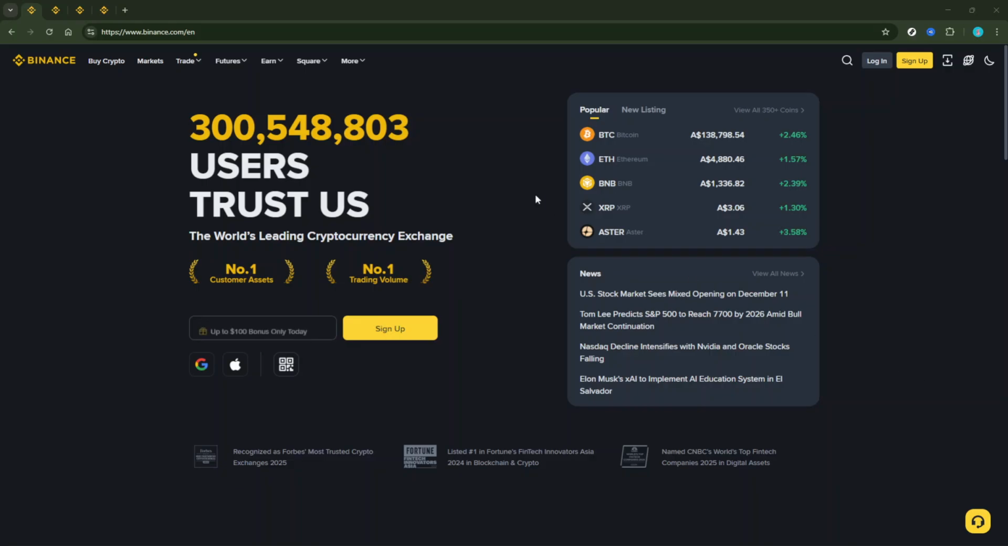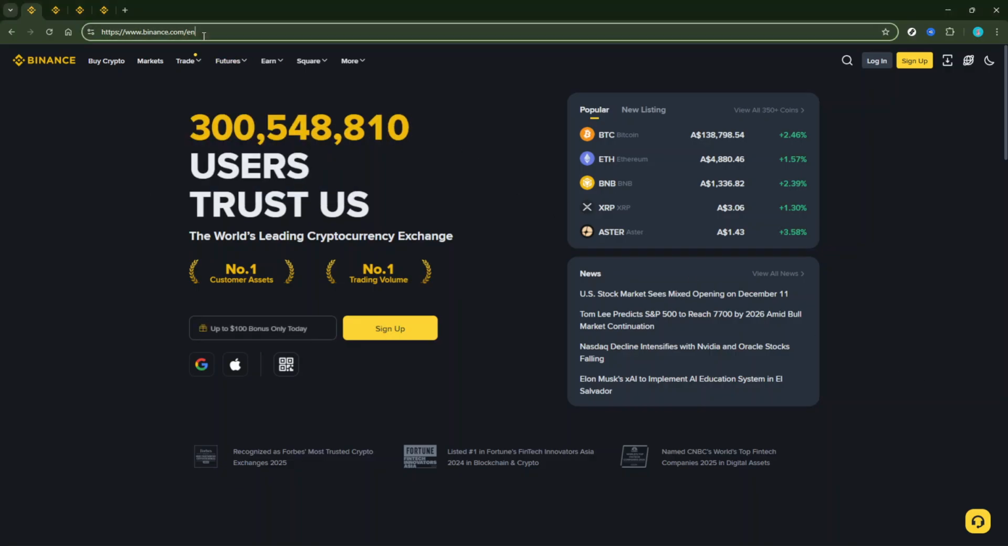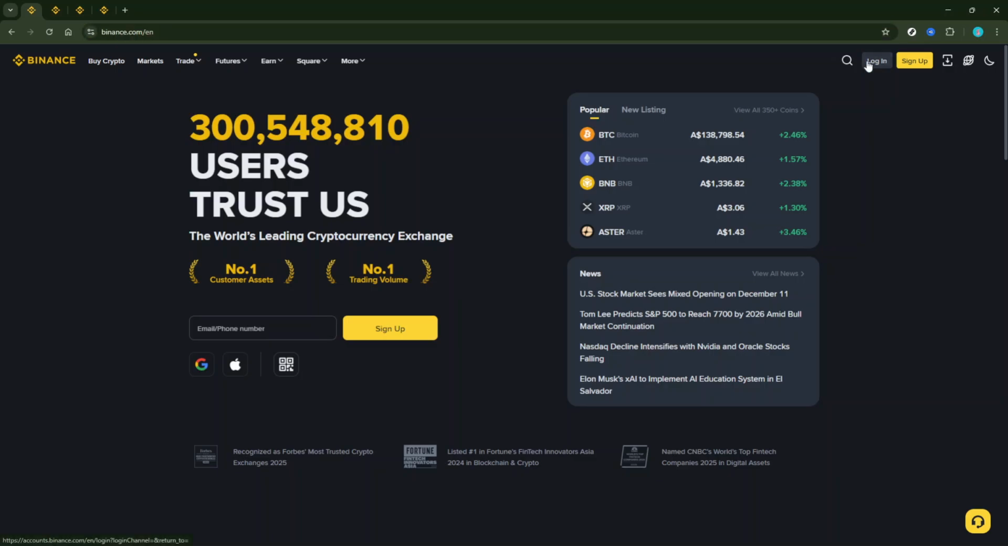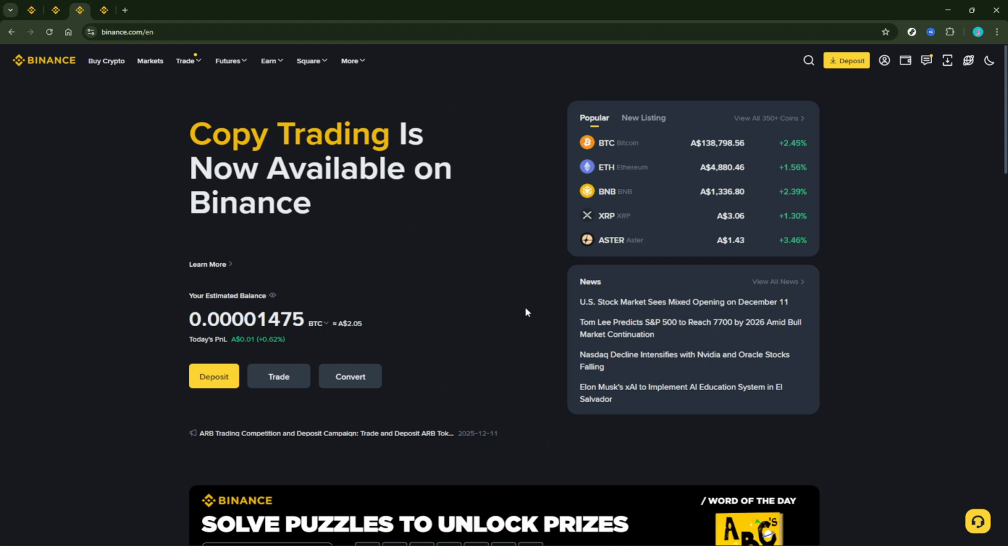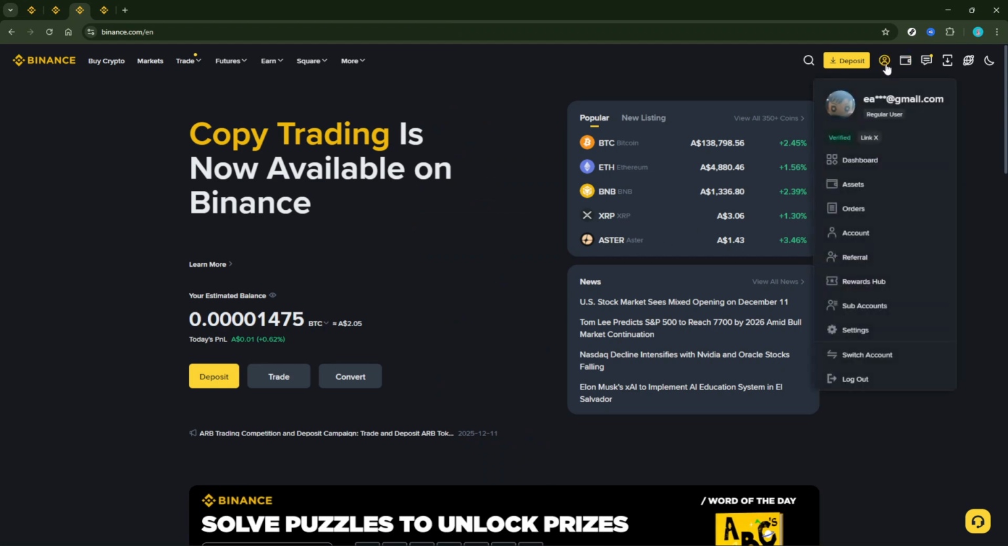First, you'll want to head over to Binance.com and log in using your credentials. If you haven't created an account yet, you'll need to do that first. Once you're logged in, look to the top right of your screen where you'll see your profile icon. Go ahead and click on that. This will open up a drop-down menu where you need to select the option labeled Account, and then click on